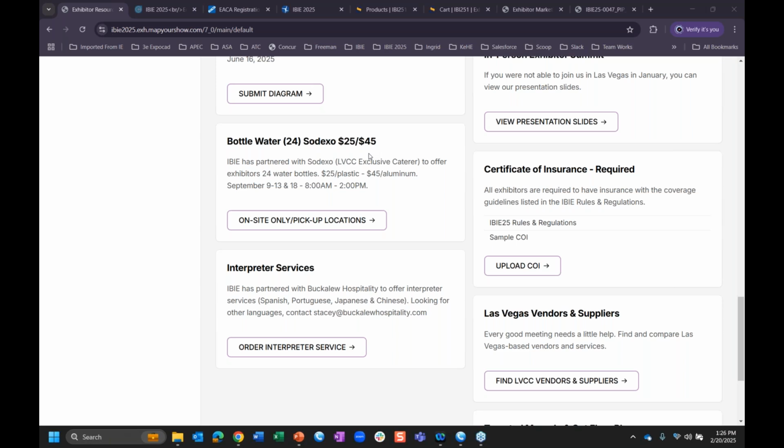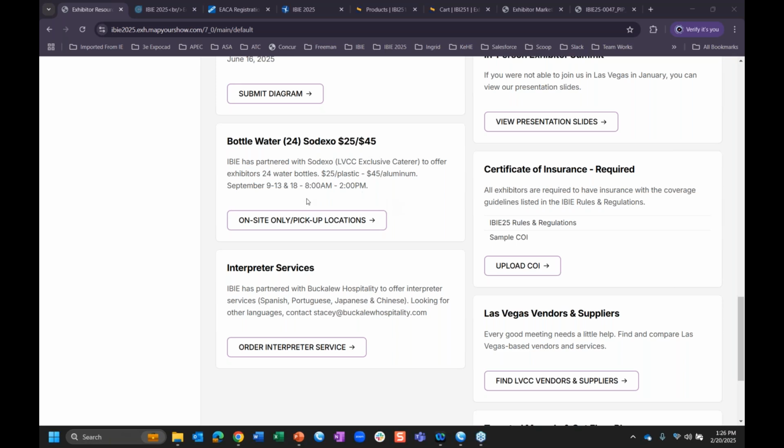There may be corkage fees, so you always want to know about any sampling, anything like that. You also want to contact Sodexo directly just to make sure you're on the right path with what their rules are. IBIE has negotiated bottled water service